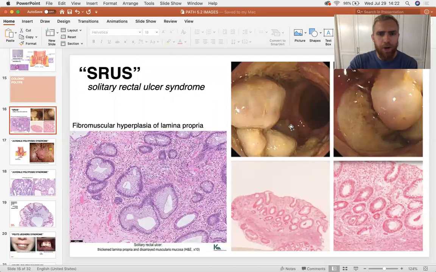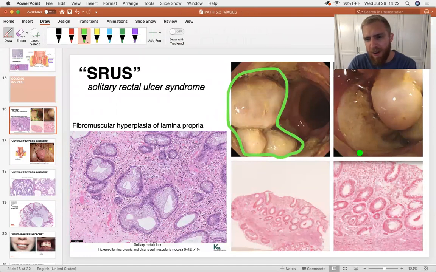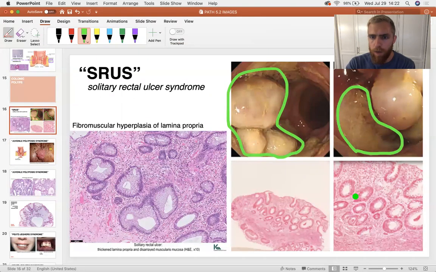Here's some images of solitary rectal ulcer syndrome, and what we're seeing here in the upper right is where I'll start. We got a cluster, a triad of 3 polyps right there, and then on the right upper quadrant of this 2x2 photo stack, we've got an ulcer right here adjacent to a polyp. And you notice that the ulcer's got this kind of pustular exudate on its surface, kind of like ice on top of a lake is how that exudate is sitting in